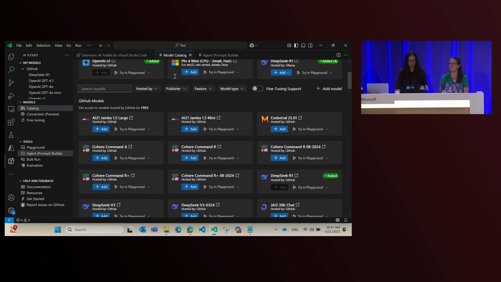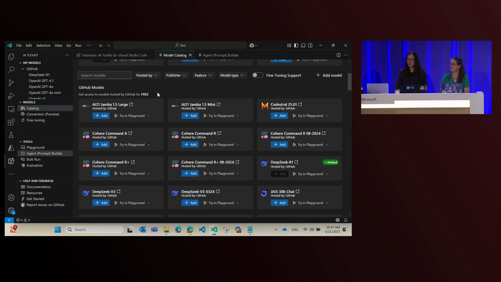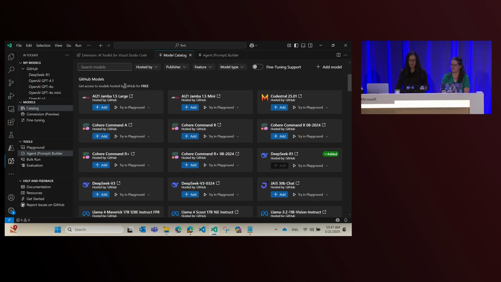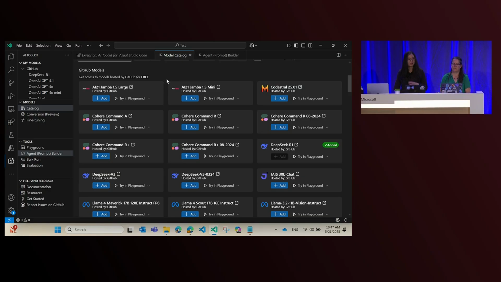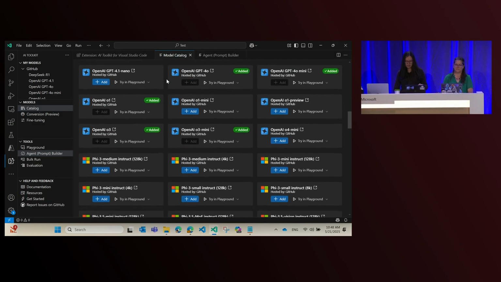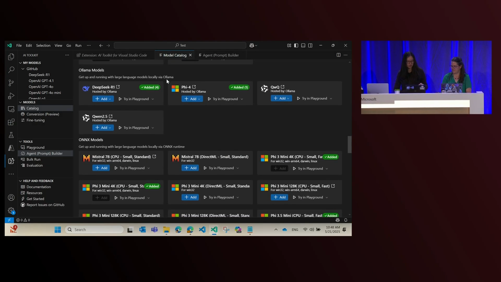If we go through this list, there are models hosted on GitHub. And I love these GitHub hosted models because they are really easy to set up. Well, there's almost no setup. I'll show you in just a second. But second of all, it is all free for anyone to access as long as you have a GitHub ID. And signing in with that, you have access to all these models. And there are new models being added almost every couple of days whenever they come out. So we already have a very long list of GitHub models here. But our choices don't stop there.